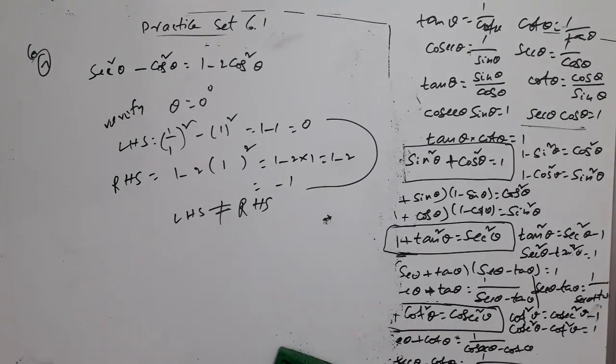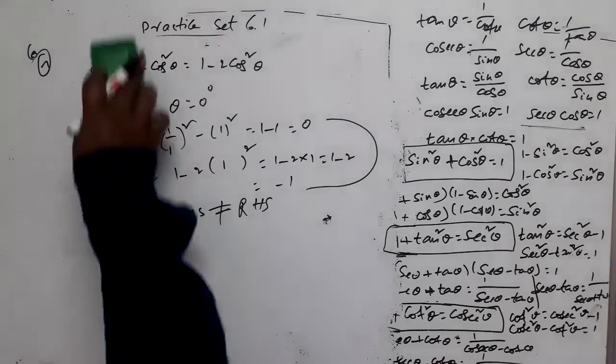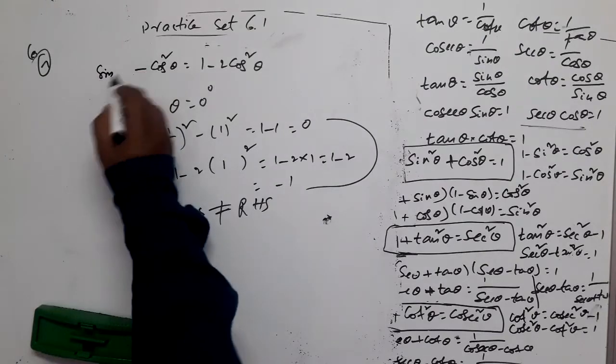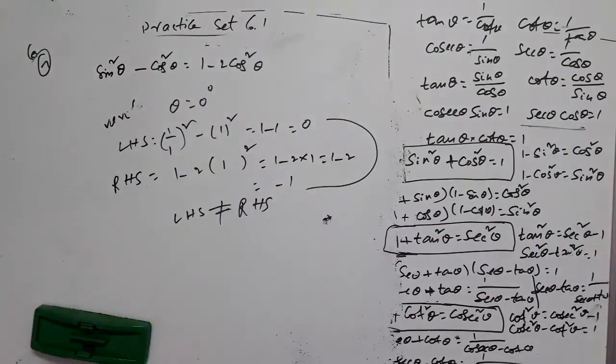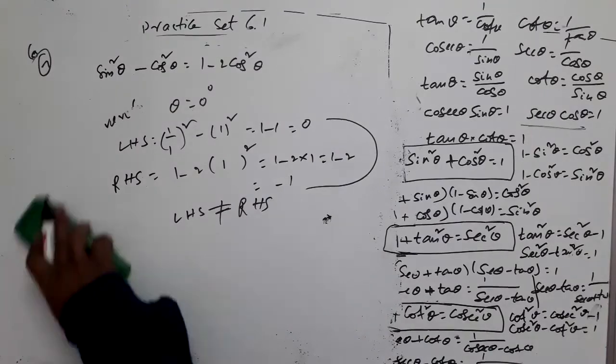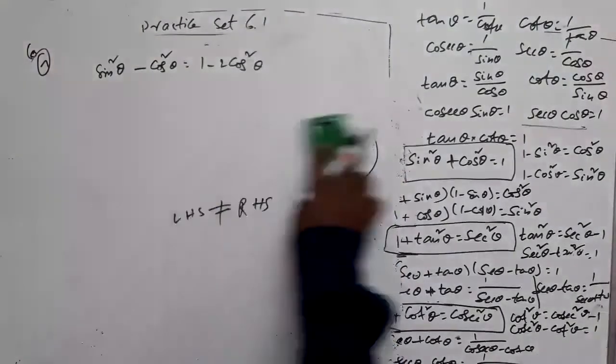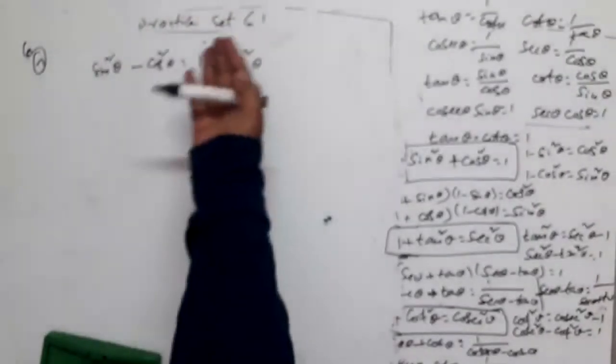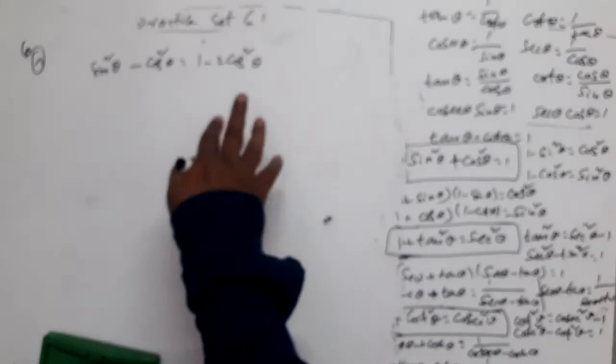See what it should have been. You take it as sine square theta, right? That is sine square theta. Print mistake was there, right? Tell me how shall we proceed? Yes, what is the observation? Left hand side part contains sine square theta minus cos square theta. Right hand side part contains 1 minus 2 cos square theta. Simply cosine, cos is there in our RHS. You don't want sine now, right? So let us start at LHS.